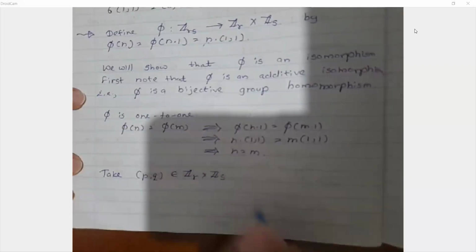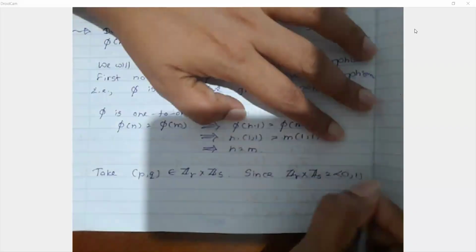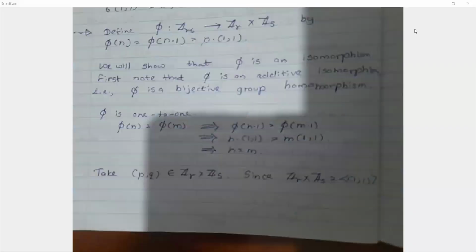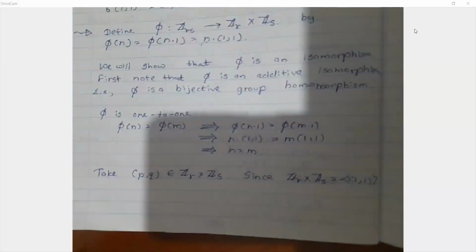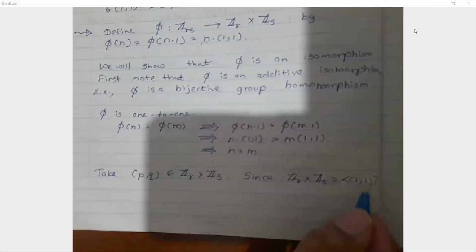Now, we know that this direct product of the two groups is actually generated by the element (1,1), this ordered pair. And so any element that you take from this set must be a power of this element. That means we must have for some n,